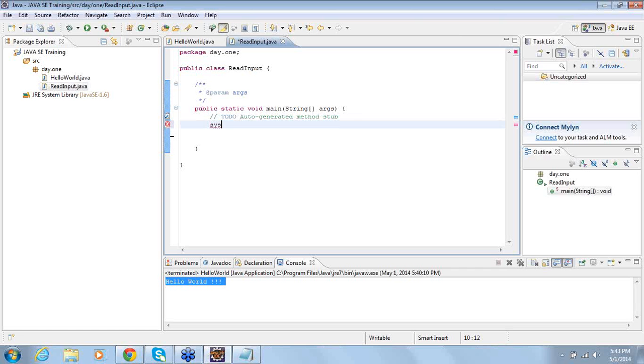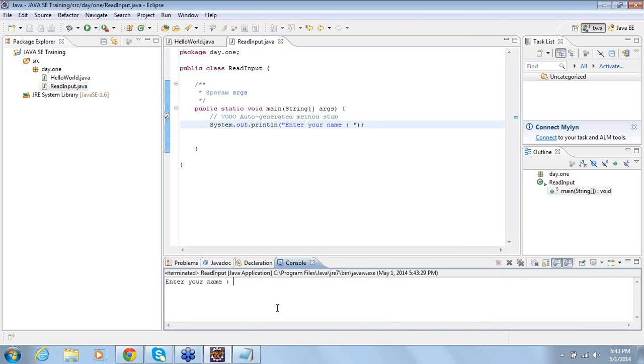So as I said earlier, Ctrl+Space bar, "enter your name." So you are prompting someone to enter the name, but whatever you enter here, it's not allowing you to enter. So I'm trying to enter on the console, but it's not letting me. So for this,